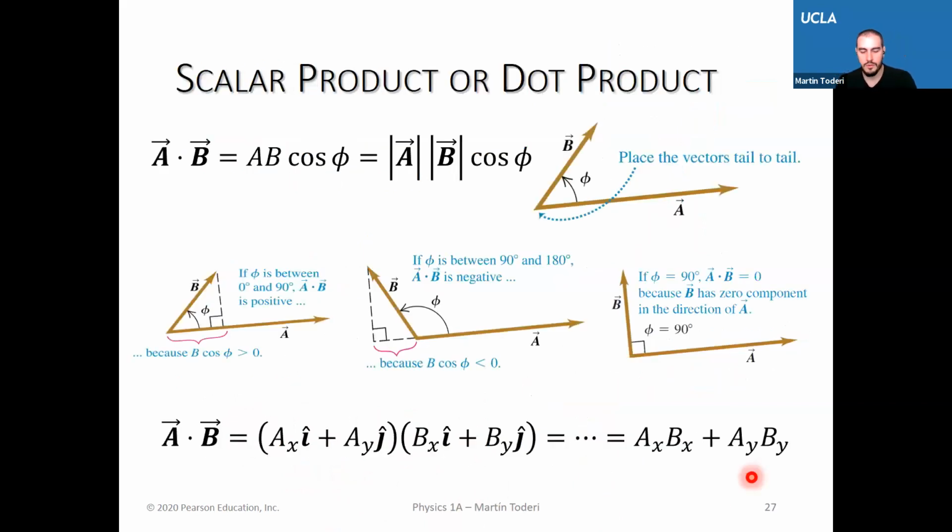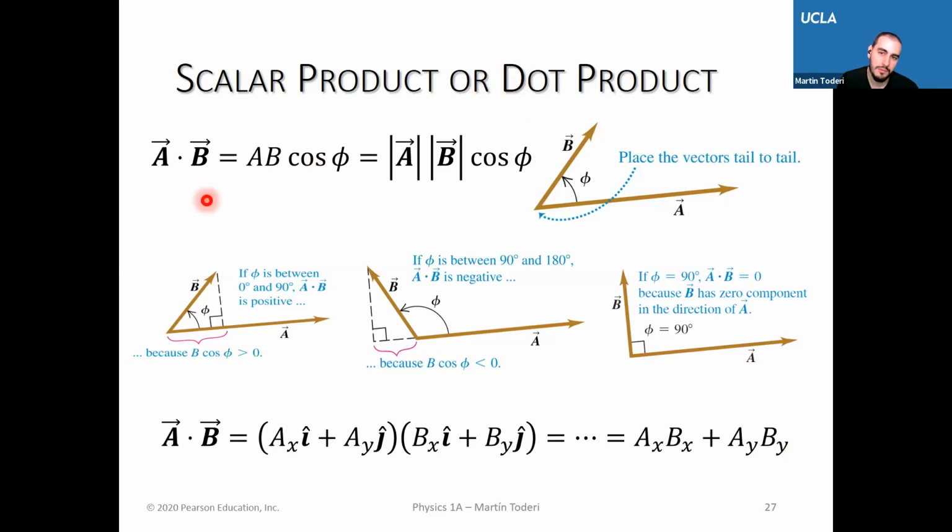Now let's look at these two characteristics, which are pretty fundamental in physics and are widely used in a lot of descriptions of the physical world, which is the scalar product, or dot product, of two vectors. So before we talked about a quantity, a number, just a scalar, which is multiplied by a vector. But now we're multiplying two vectors. So we cannot happily just do something by something and that's it. So the scalar product, as the name says, is a scalar number that we get from multiplying two vectors. This is a special product, and it's